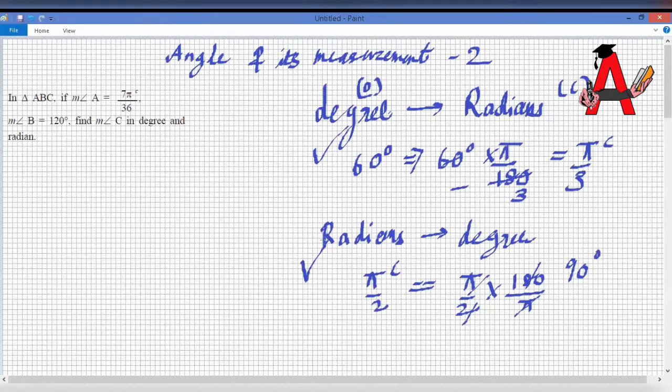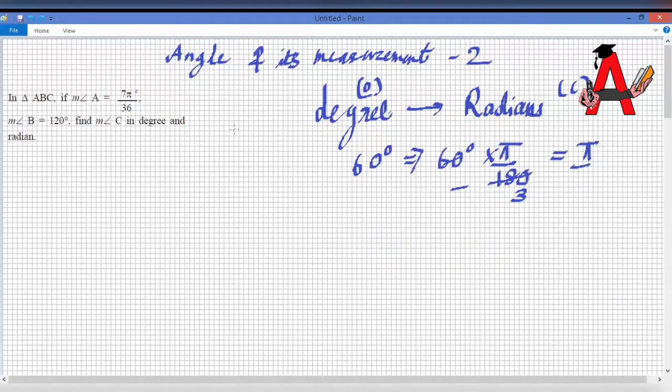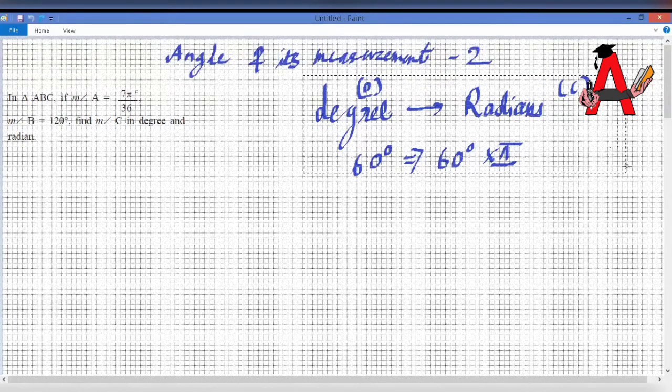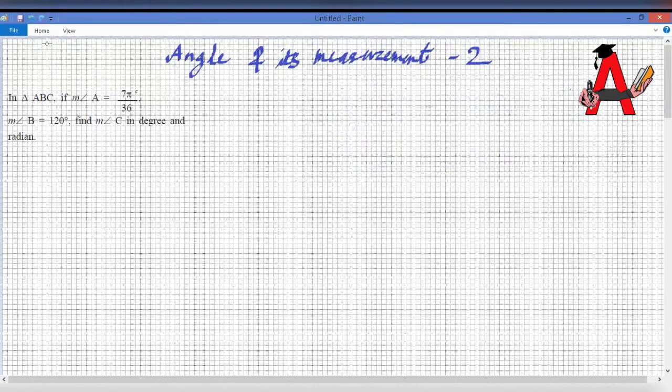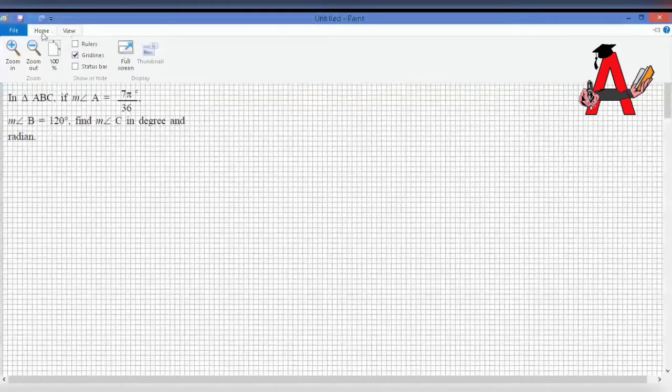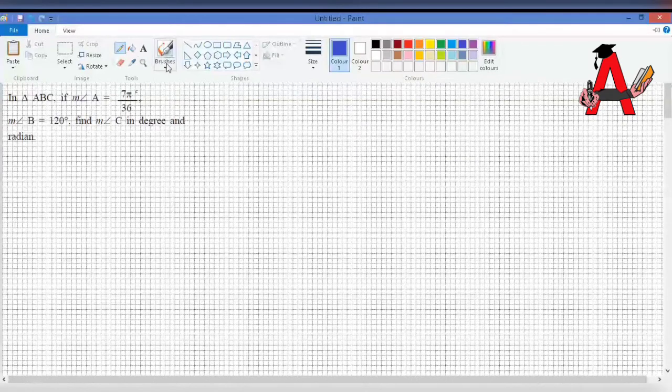Now let us move to the second part. In the second part, we're going to discuss the questions related to the exercise, that is, the exercise questions. These exercise questions are of exercise 1.1. I already told you exercise 1.2 is not part of your portion, as that is the dropped portion. Now let me remove this part of degrees and radians, and we move on to the next part, the first part of this.